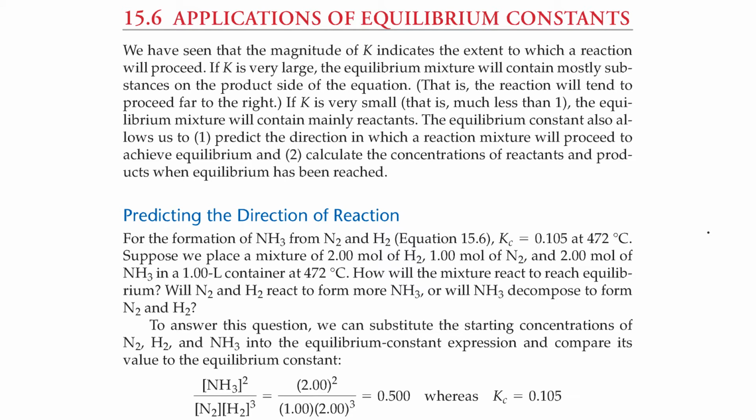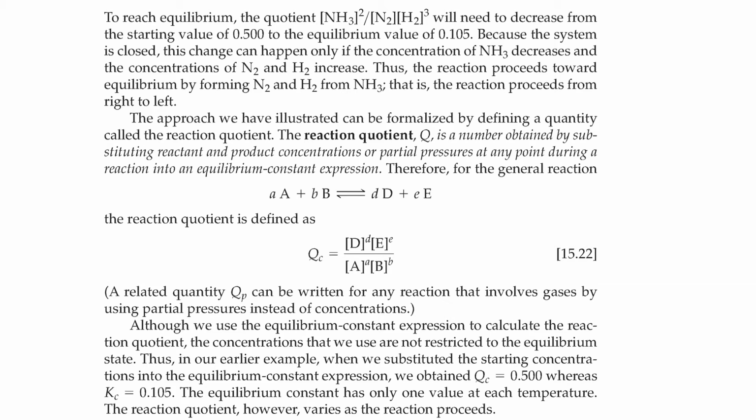To answer this question, we can substitute the starting concentrations of nitrogen, hydrogen, and ammonia into the equilibrium constant expression and compare its value to the equilibrium constant. So K sub C equals 0.105, whereas at present it's 0.500. To reach equilibrium, the quotient will need to decrease from the starting value of 0.500 to the equilibrium value of